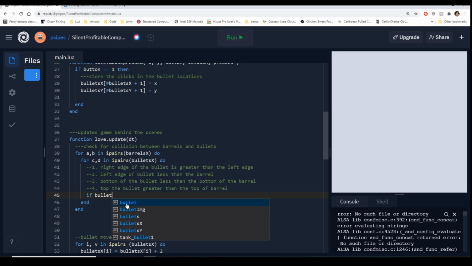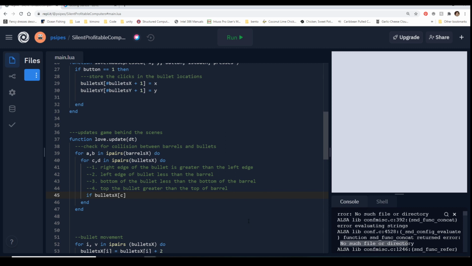So we're going to say, hey, if bullets x, so we're checking the x value of the bullet, and we need that right edge. Well, first off, we know for sure that we're going to use C, because we're going to use it as the index for your bullet. So if bullet x, and again, we want the right edge of our bullet. So we want that edge that's the furthest away from our origin point. Where we have our bullet, if it's spawned here, we need to get not this point here, we need to get this point. So we have to add the width.